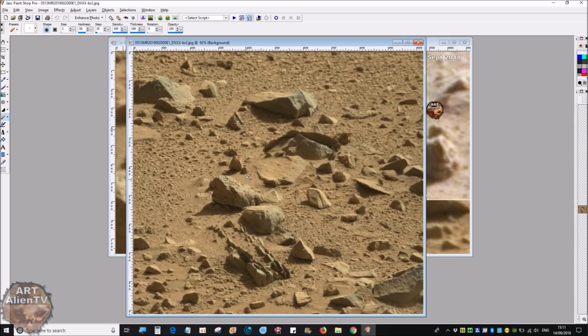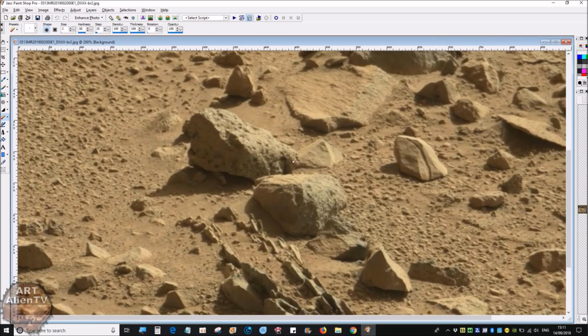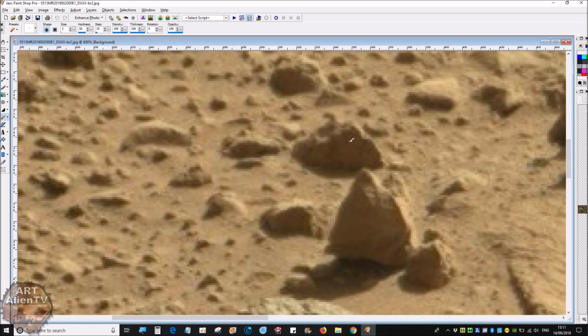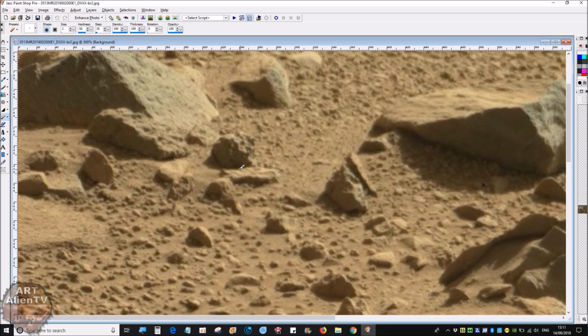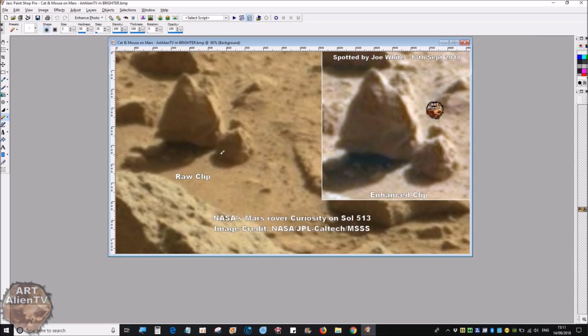But I mean, this isn't terrible because these things are quite close to the rover's camera, by the looks of it anyway, and there it is, just there. So there's lots of little weird things in here. That thing behind it may be a skull or something, but they're so small, a lot of these things, you can't really tell. There's not enough detail. If this was a high-res camera, that would be a different story altogether. We'd be able to see a lot more intricate detail and see whether these are actually teeth and eyes and things like that. But luckily this one was just big enough and just close enough to see in detail,